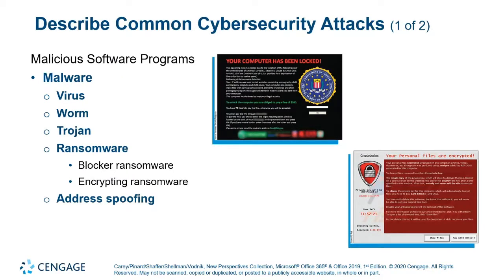And moving away from the more personal ways that people can harm to a bit broader and more dangerous in some ways, malicious software programs, often shortened to malware. There are a number of different kinds, and I encourage you to read very carefully in your text about what these software programs are and what they do. But the main ones that I want to focus on right now are Trojans, ransomware, and address spoofing. These are ones that you tend to hear about the most nowadays, at least from my experience.